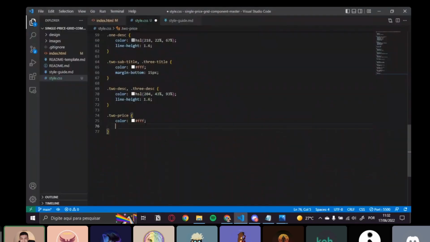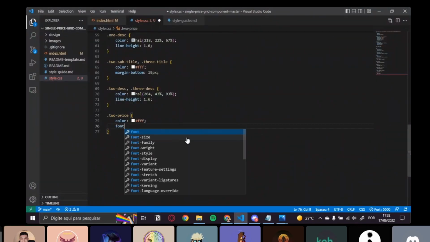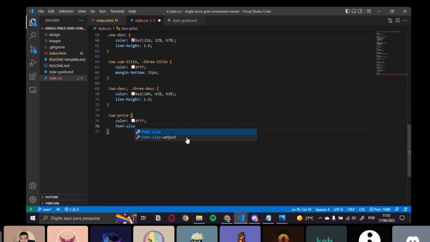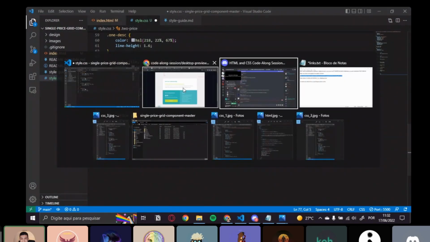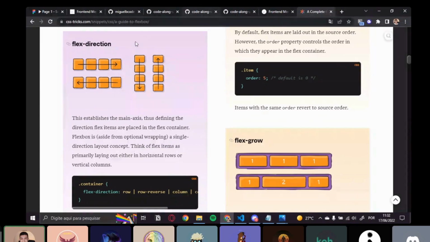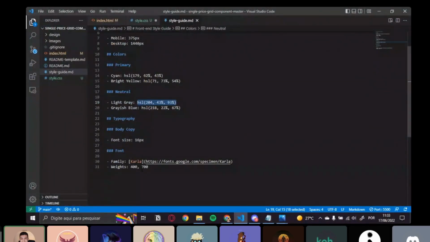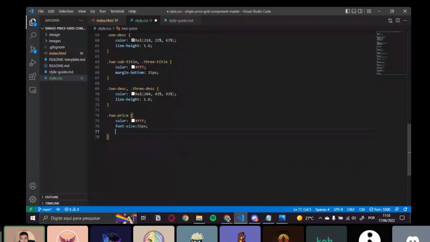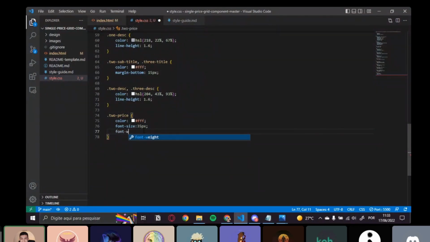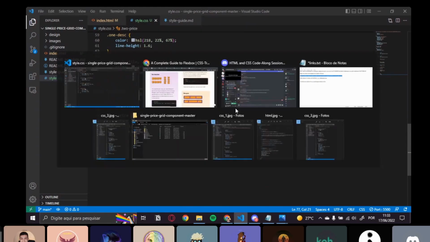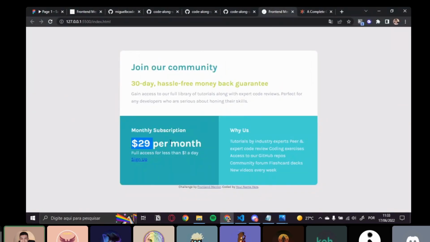The font size pretty big, so font size 35, and it's bold. Bold is 700, so we can type font weight 700. Okay, so we save,